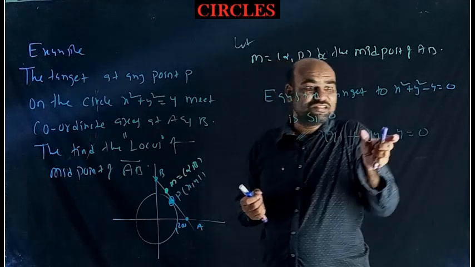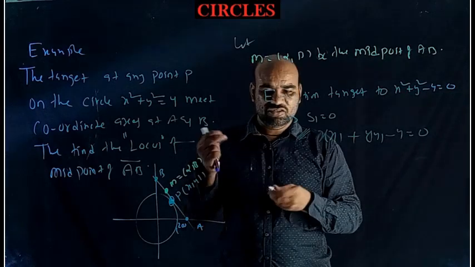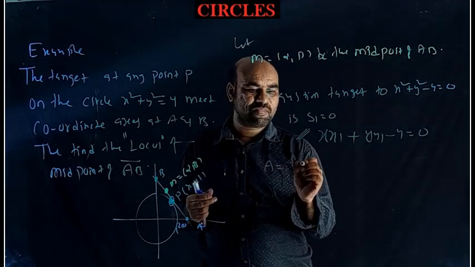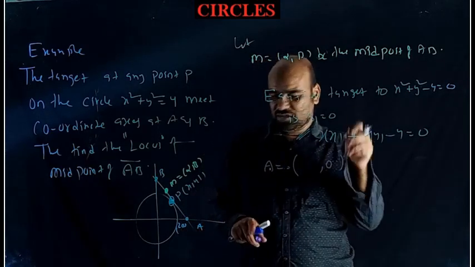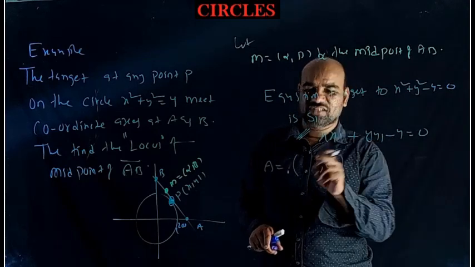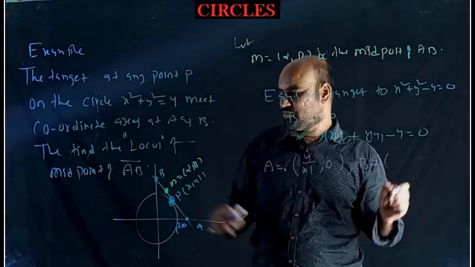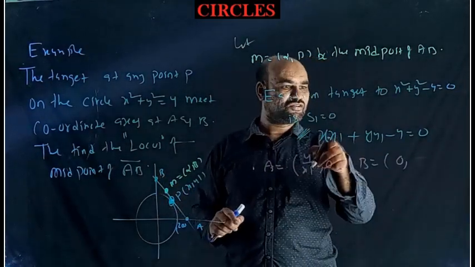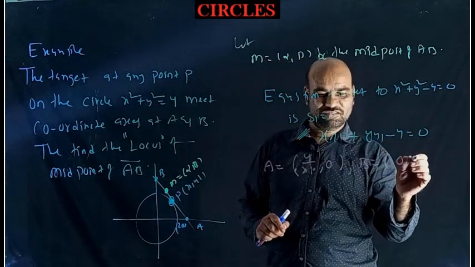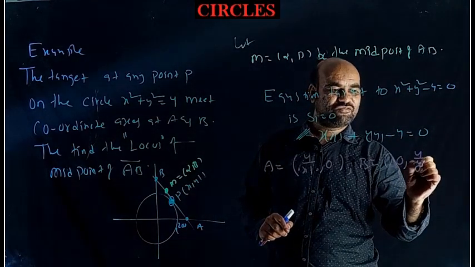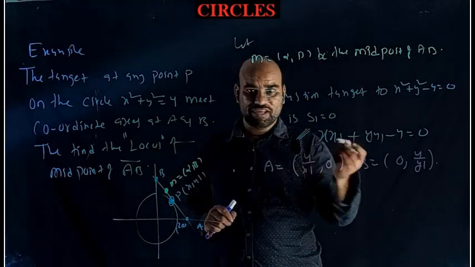Okay. This line intersects the x-axis at A, so we want to find the coordinates of A. Here y equal to 0 only. Just put y equal to 0 here. What will we get for x? That is nothing but the x-intercept, I think 4 by x1. Now I want to find B. For B, here x equal to 0. Put x equal to 0 here. What will we get for y? That is the y-intercept, 4 by y1. So now I have the x-intercept and y-intercept. Now I can find the midpoint. So directly I can find M.